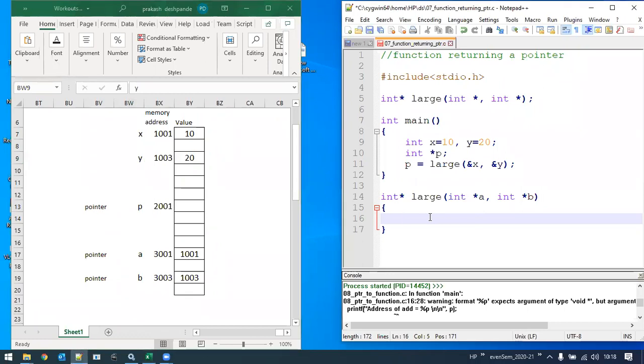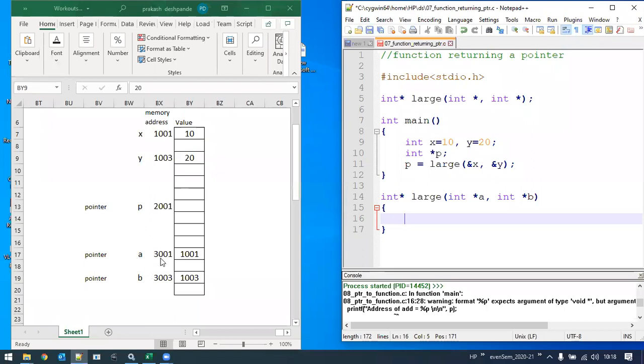Now the user defined function here, how I'm going to write, pay attention and see. I want to get the value 10, and also I want to get the value 20, in this particular function large. How can I access them? I can access it through the corresponding pointer a.